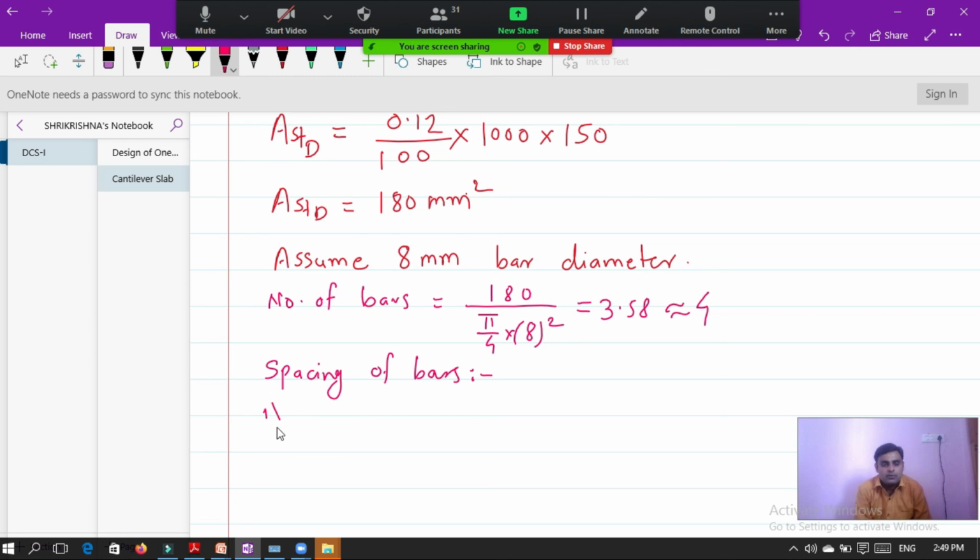To calculate the spacing of bars, before that we calculate the actual ASTD provided.